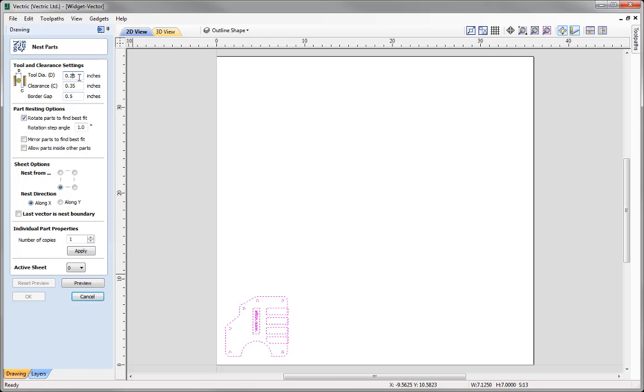So here we're going to specify a tool diameter of 1/4 inch. Clearance for this, we're going to go with 0.5. We're going to have a border gap of 0.25 in this case. So here we are going to look at rotating the parts to find the best fit. We'll put in a rotation step angle of 90 degrees. We'll come down the form. We're going to nest from the lower left along the x-axis. We're going to put in 18 copies of our widget there,